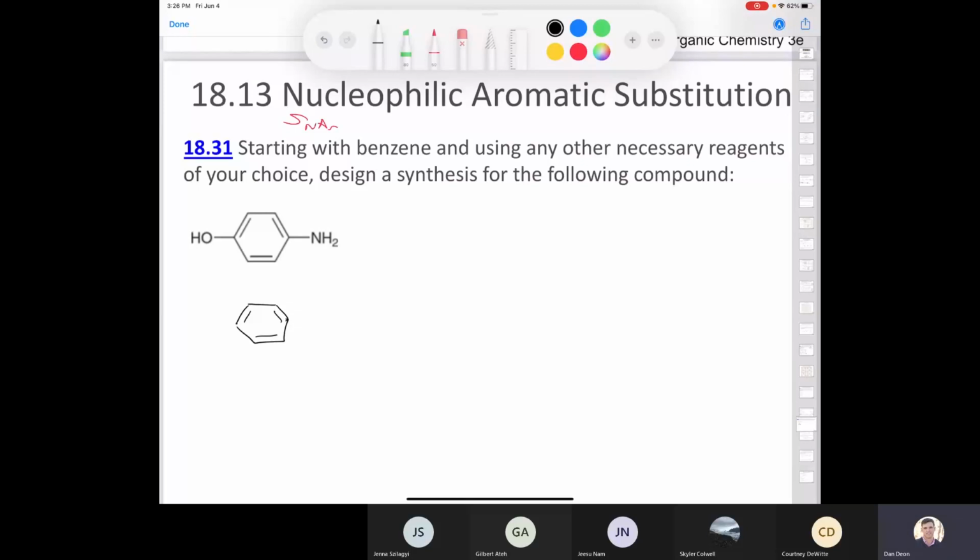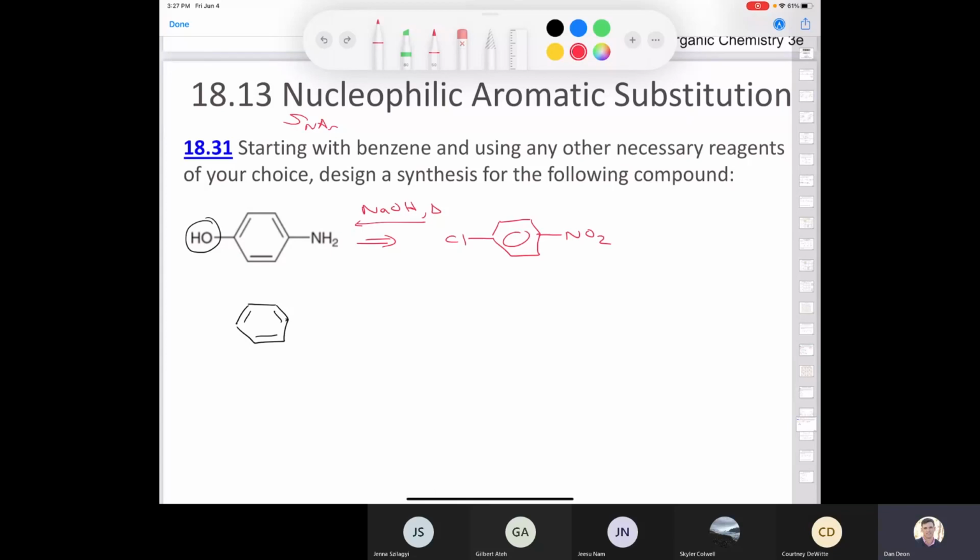Well, if you remember, we have no way to install a hydroxyl onto an aromatic ring. This is called para-aminophenol. There's no way to install a hydroxyl in a ring unless, in terms of retrosynthesis, we were to think about having this molecule. If we had a nitro group here and a leaving group here, then we could treat that with sodium hydroxide, and then we could do our SNAR reaction. So we'll say sodium hydroxide and heat. So that means we need to make this compound,